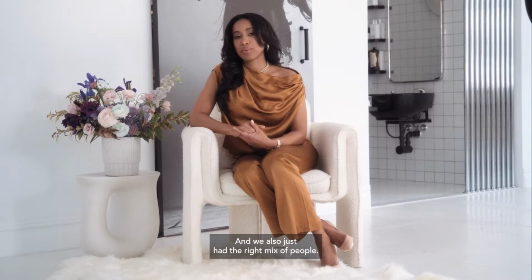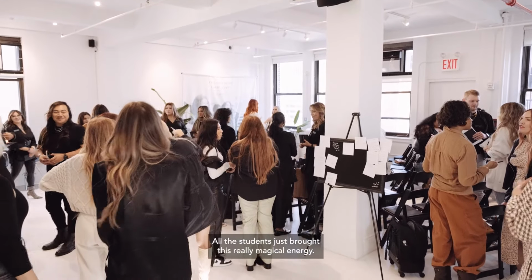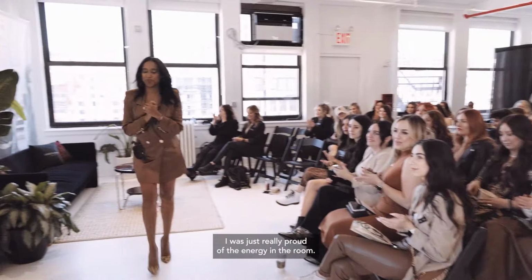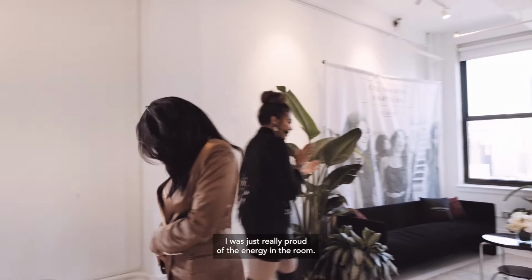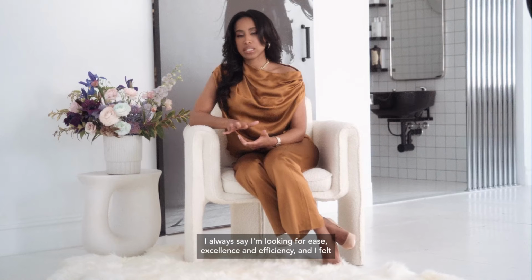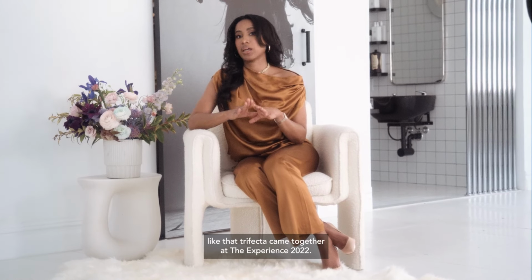And we also just had the right mix of people. All the students just brought this really magical energy. They were so collaborative, and I was just really proud of the energy in the room. I always say I'm looking for ease, excellence, and efficiency, and I felt like that trifecta came together at the